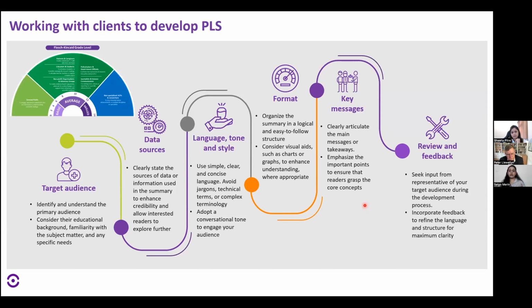Most manuscripts or studies have 1 or 2 primary endpoints and a couple of secondary endpoints. It's not always possible to add each and every secondary endpoint into the key messages of the PLS. So deciding what your key messages are is a very important part while you're developing a PLS. And then obviously the review and feedback. Reviews and feedback from lay reviewers is very important, so that you're sure that what you have written down as a writer is actually simple, concise and legible to a lay reader. So we all come from a scientific background.